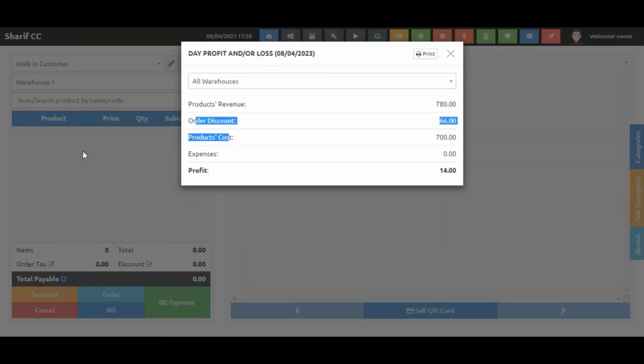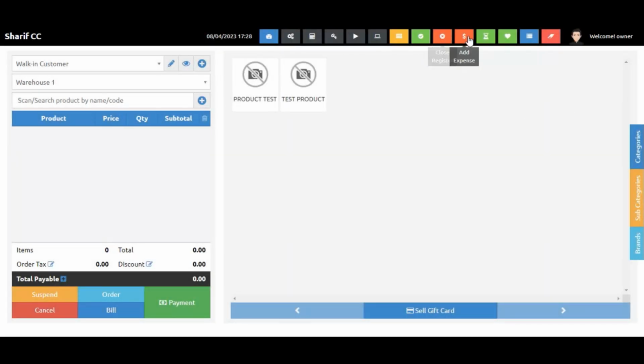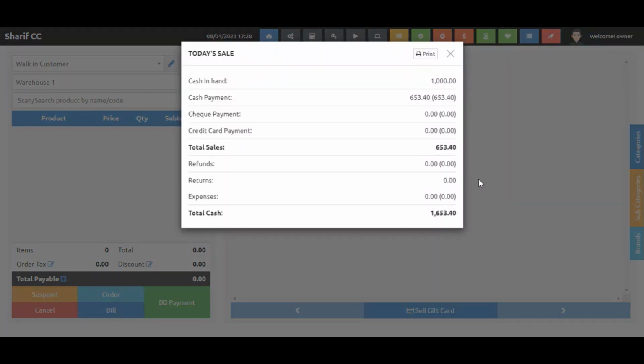Also we have the reporting, I will show you the overall reporting of this. Product revenue is 758, order discount 66, product cost is 700, profit is 14 rupees. The total revenue of the products is 780, and the cost of the products that we sell is 700, and the profit is 14 because we have an order discount of 66 rupees. So this is the wall screen. Also you can see the total sales here from this screen. Basically it's a short